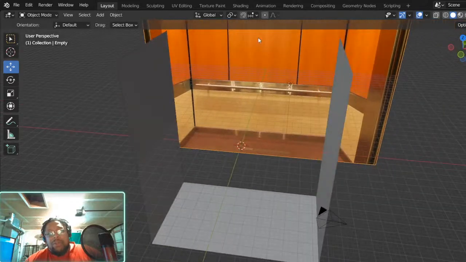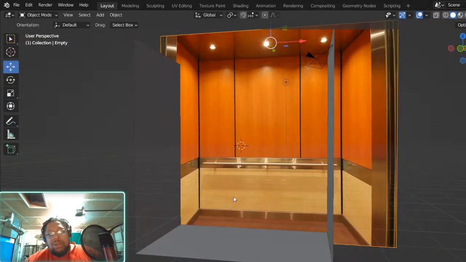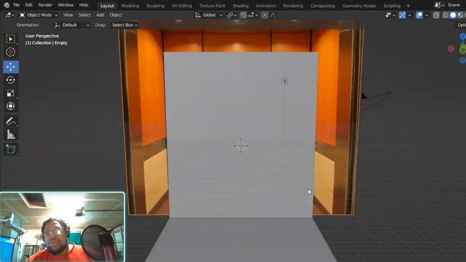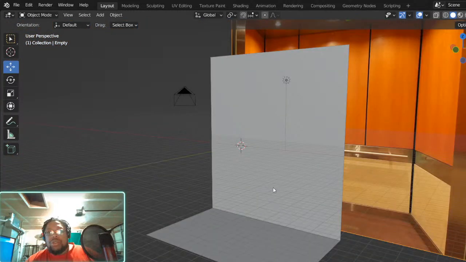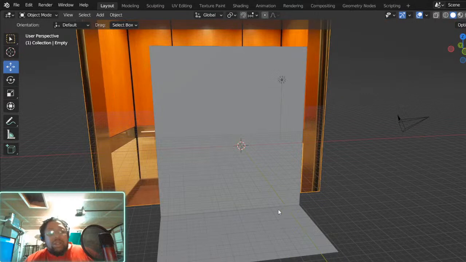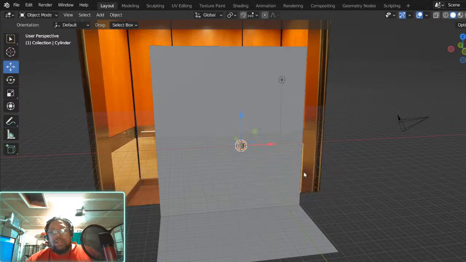What do I want to work on first? First, let's model this bar in the back. All right, so let's get our rear wall. Let's get rid of our side walls. We don't need those right now. Okay, so what I like to do is bring in a cylinder.